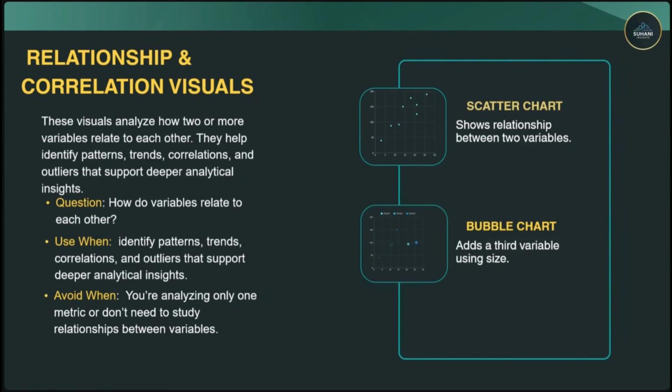You can see the size of the circles is increasing, while here the circle sizes are the same. So we can see this is an upward graph: as the demand is increasing, the price is also increasing. But here we can clearly see how much it is increasing, for example from 1 to 2, then 3, then 4. So bubble charts give deeper insights, and the scatter chart gives an upward or downward curve insight. An upward curve shows a direct relationship, where one is increasing and the other is also increasing, and an indirect relationship is where one is increasing and the other is decreasing.